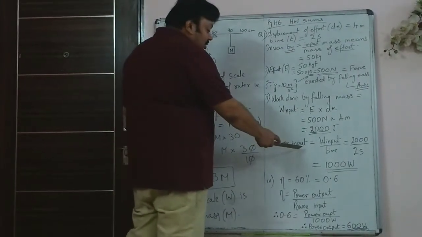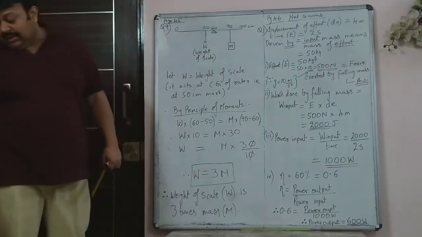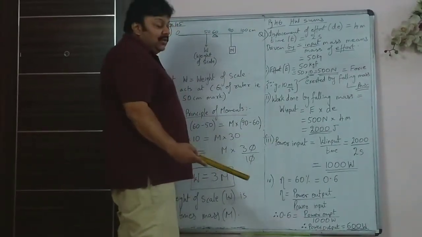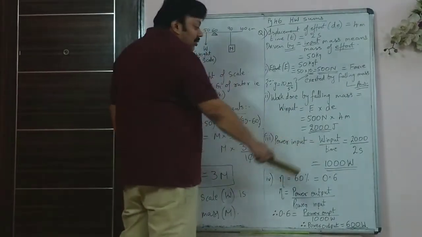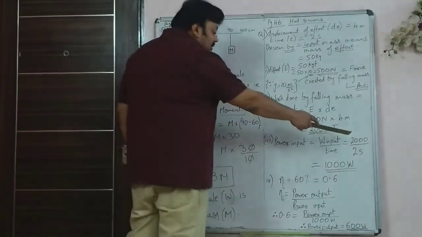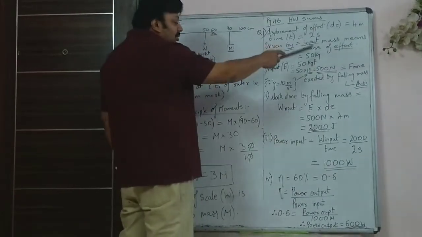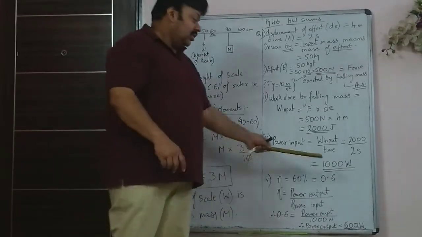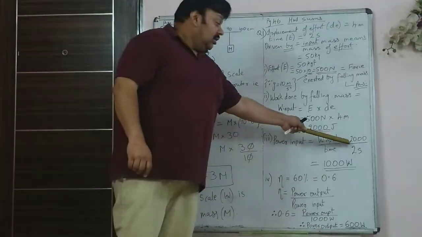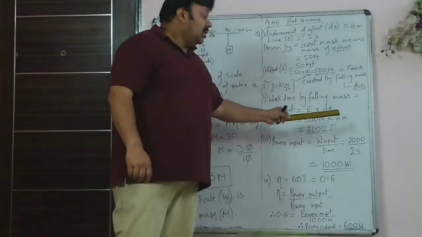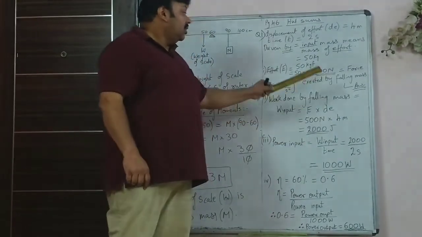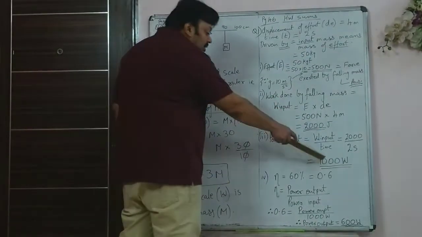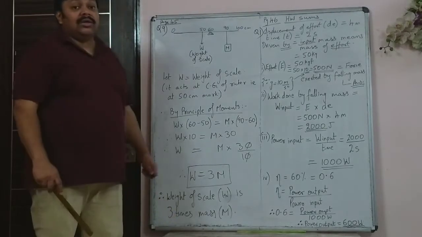Now power input, the next question asked, that is the power input of the machine. That is work upon time is power. So power input is work input upon time. So that would be 2000 upon input time, which is 2. So 2000 upon 2, joule upon second is watt. So again here the input has to be in joule, and for the work to be in joule, the effort has to be in Newton. So 2000 upon 2, that is 1000 watt is the power input.